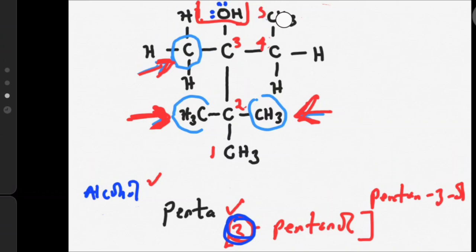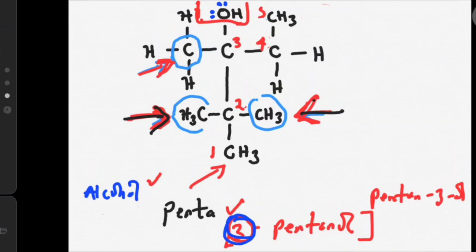If you start counting from the top here, 1, 2, 3, the substituent is still on the third. So we will not go through this route. We will not start counting from the top here. Instead, we will start counting from this bottom, such that we will give the substituents, which are these 2 substituents,